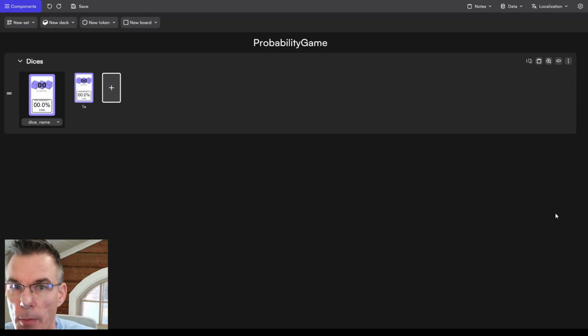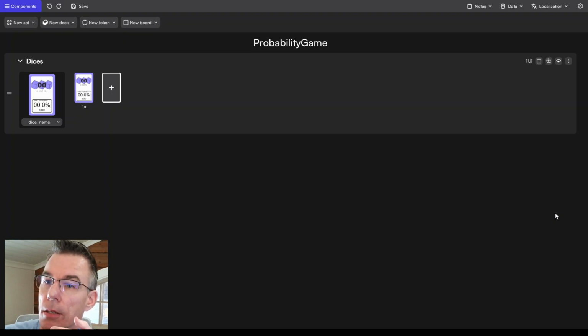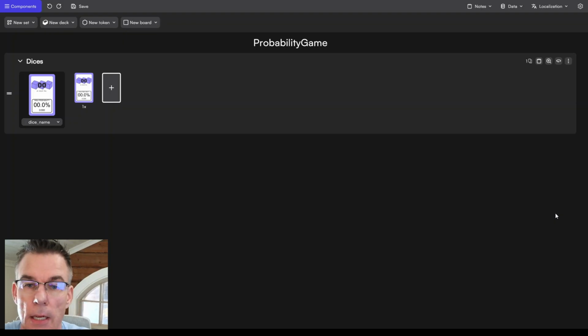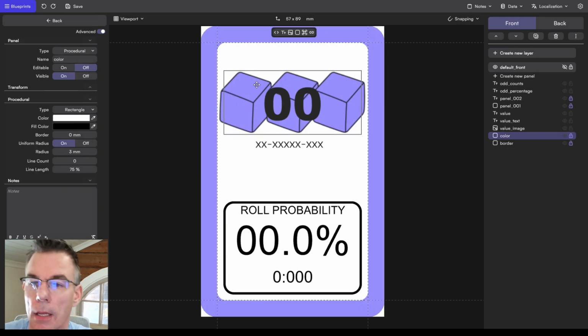And then let's see how the same thing is achieved with Tabletop Creator Pro. In Tabletop Creator, the same thing, same kind of code. And let's start by looking at this blueprint, like Tabletop Creator calls it.